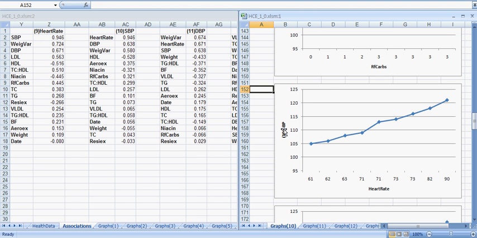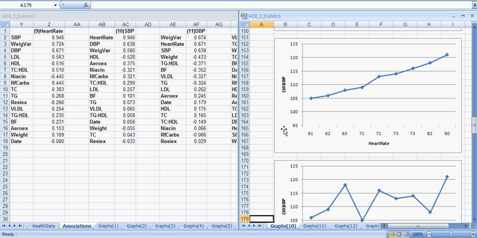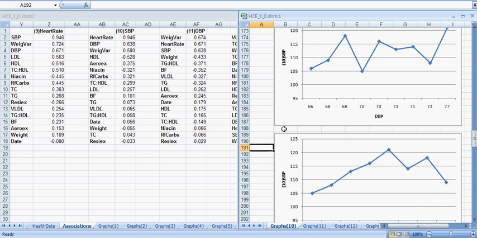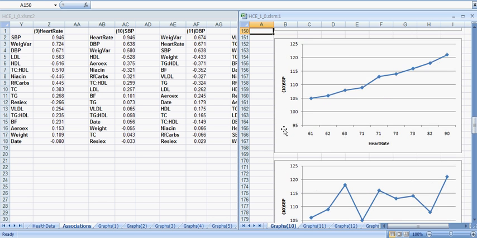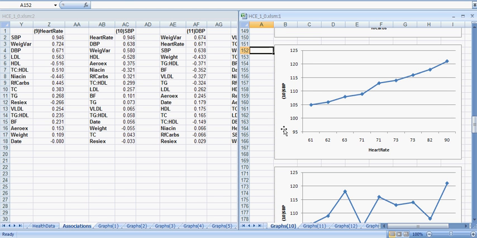So what is really going on here? What is happening that is affecting heart rate this much, and affecting systolic blood pressure? There are a couple of possibilities here. One is that this individual developed a heart problem over time. Another possibility is a simple one, that this individual is suffering from what is referred to as